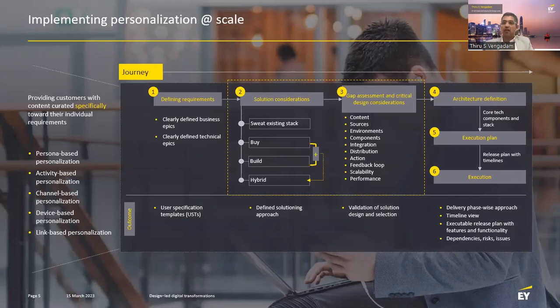And then from there on, you say, okay, now that I've pivoted or tethered my design-led transformation to those initial constraints, now let's see what all we can do. And then there's an execution journey. So this is a very simplistic framework for us to say, okay, this is how one can take the design-led digital transformation approach for solving client problems, right? So we thought it'd be easy to take a real life example and put it into a simpler framework for people to assimilate and relate to. So that's the overall picture.